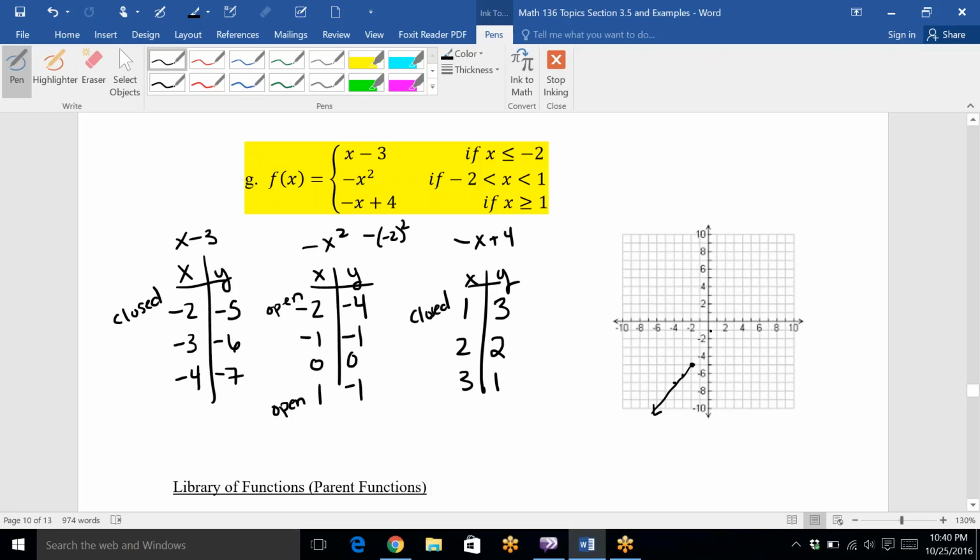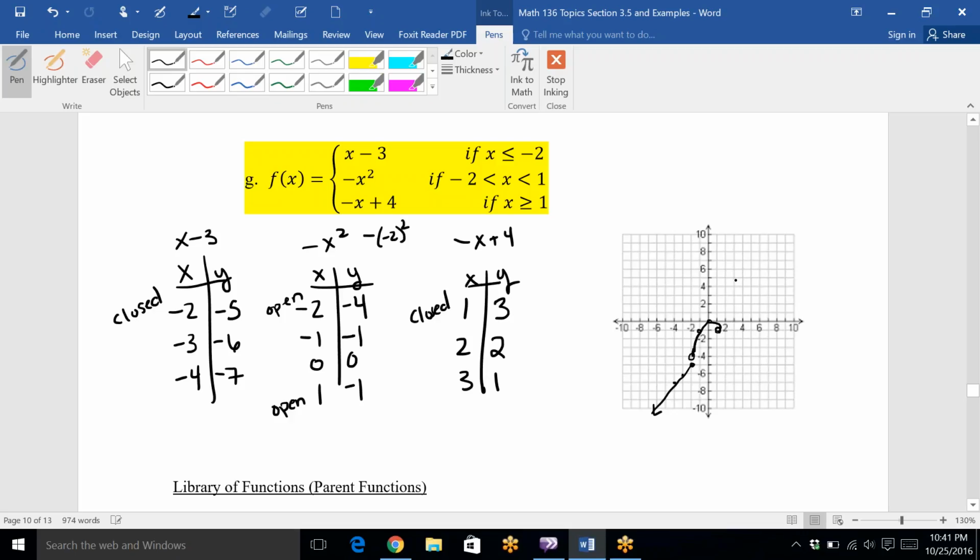For the middle one, we have -2, -4, and that is open. It does not want to graph these. And then we have -1, -1, 0, 0, 1, -1, or 1, -1, and that one's also open. So when we graph this, we get part of a parabola,